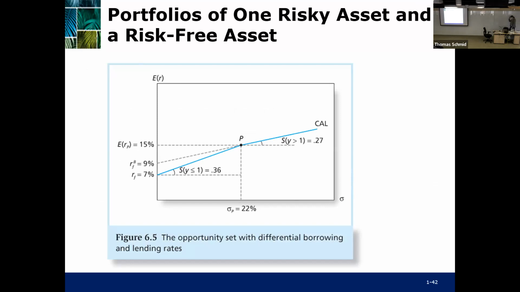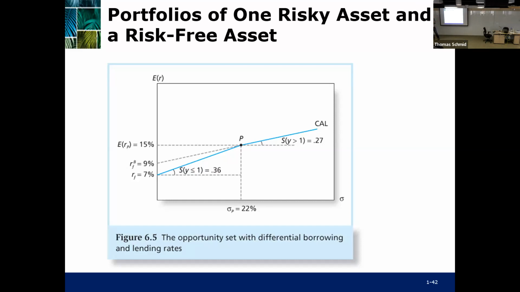Okay, but again, if you know what the slope of the capital allocation line is, this is absolutely trivial. Slope is risk premium by risk. So if the risk premium is different on the left and on the right of P, obviously the slope must be different. Economically, what that means is the reward to risk ratio, or the attractiveness, decreases after P, because the slope is lower after P, which is caused by the higher cost of borrowing,